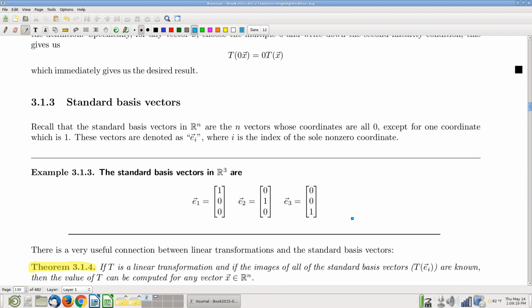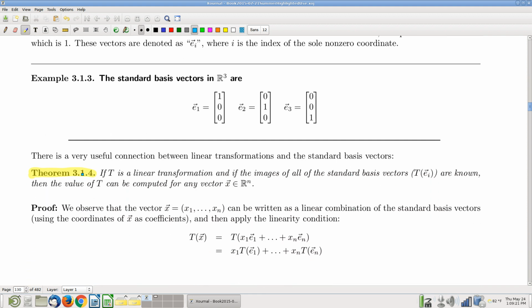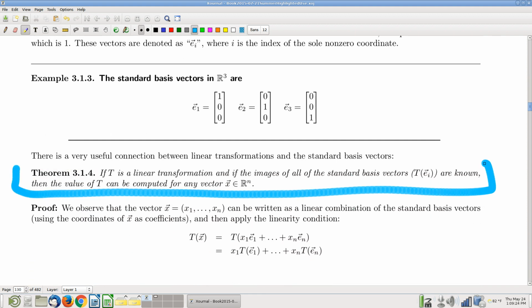It turns out that this theorem represents a powerful way that standard basis vectors relate to linear transformations. It's a little bit unexpected. It's almost like a magic trick. Suppose you've got some linear transformation. There's an ambiguous statement: any linear transformation from Rn to Rm. Gosh, there's lots of them. Any linear transformation. What this theorem says is that if you know the images